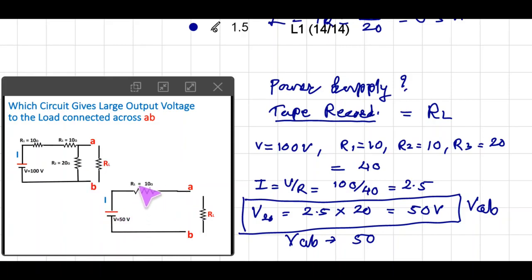If you understand the concept of Thevenin's theorem, which we are going to consider, any circuit, by appropriate calculations, can be replaced by another circuit which is equivalent, with a Thevenin voltage and a single resistance in series. For that sake we studied this.